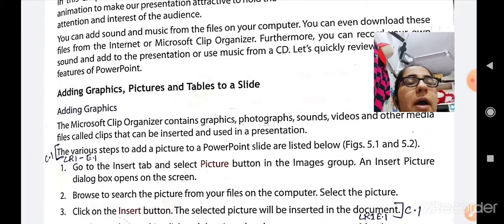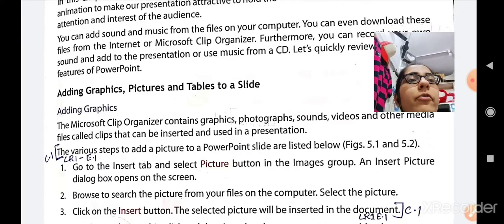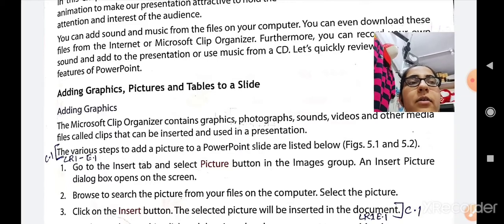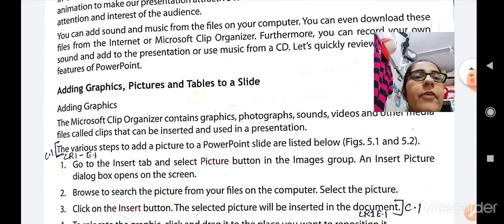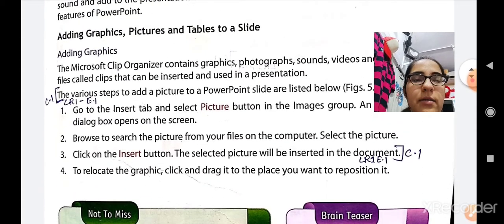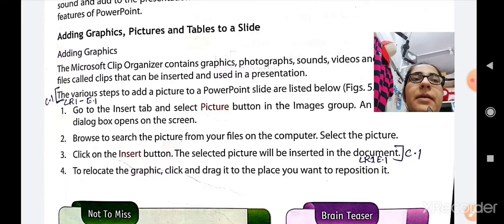From there, you can browse for your image, whether it is stored on any drive of the computer. Then you have to select the picture. Finally, click on the Insert button and the picture will be inserted in your document.